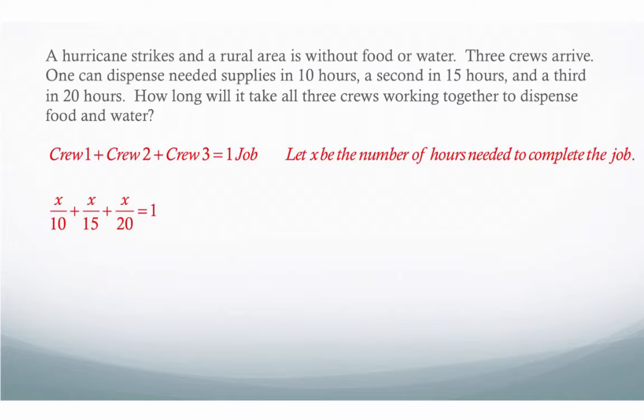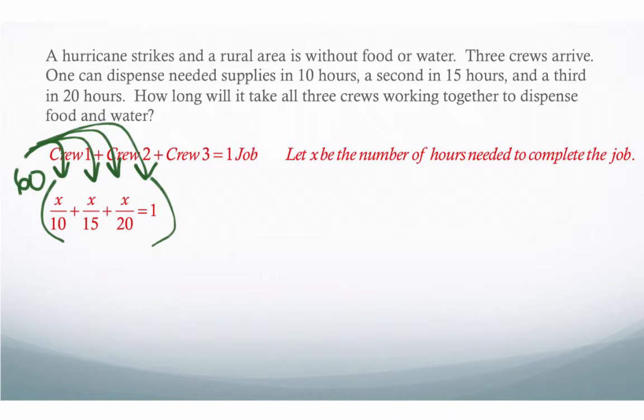Okay, since this is not a proportion, we're going to solve by just multiplying through by the LCD, which is going to be 60. So every single term on both sides of the equal sign gets multiplied by 60, because it's just a way of rewriting the equation without actually changing the meaning of the equation. So once I multiply through and simplify, because we know that 60 is going to end up canceling out those denominators, that's the whole point of multiplying by the LCD, we're going to be left with